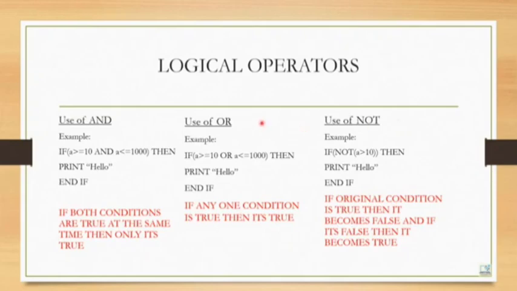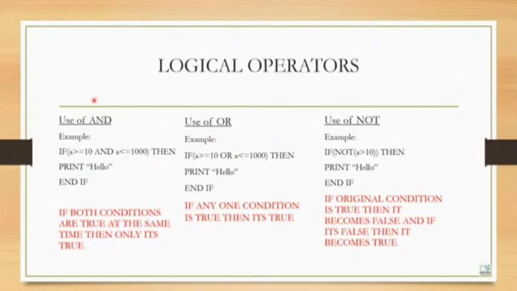For an example, suppose I write marks greater than equal to 60 and marks less than 80. So how many conditions I have? I have two conditions. One is marks greater than equal to 80, and the another condition is suppose marks less than 100. So whenever you have two conditions, you join the condition using the logical operator. Some places we require AND operator, somewhere else we require OR operator. So I have some examples to explain you the difference.